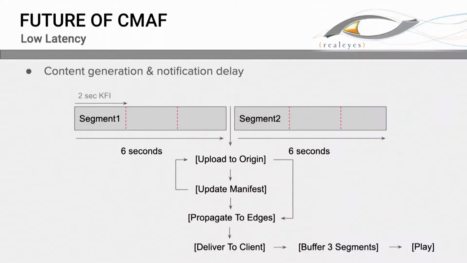Today, how the latency is derived is we have our content coming in, and we're going to generate a content. For a 6-second segment, we have to encode, generate this entire segment over 6 seconds. We then need to upload that segment to our origin. If that's successful, we then update our manifests. If those are successful, then we're going to propagate that to our CDN or to our edges, deliver that to